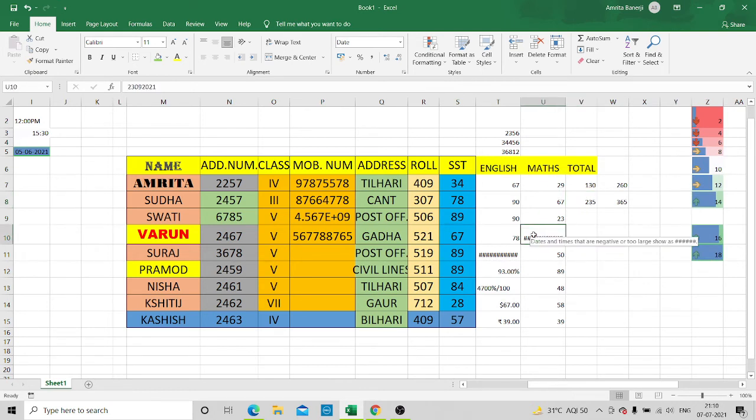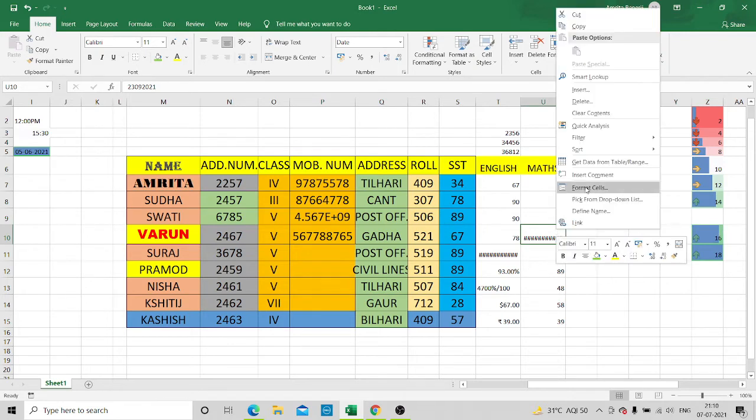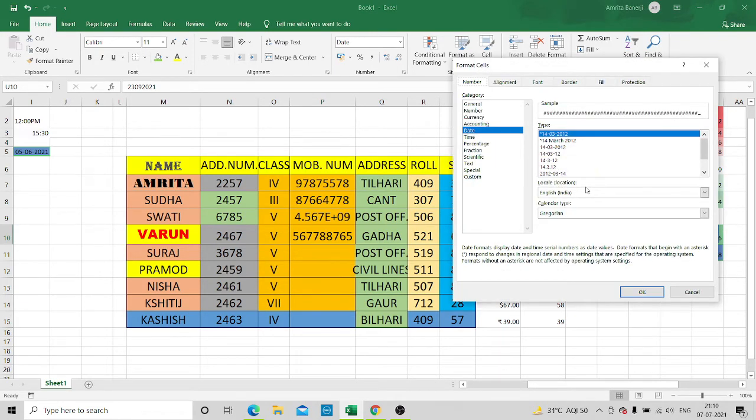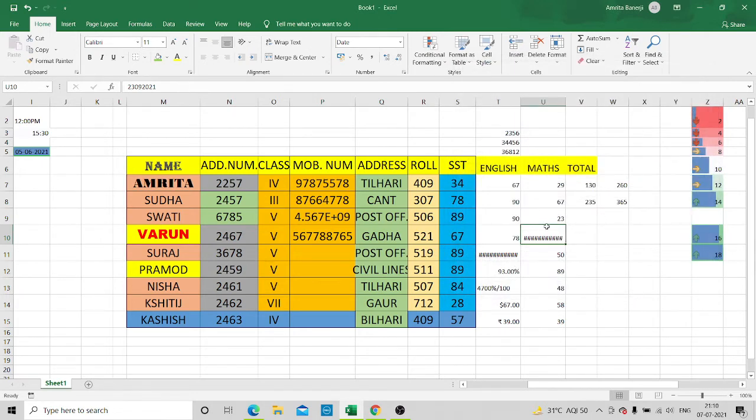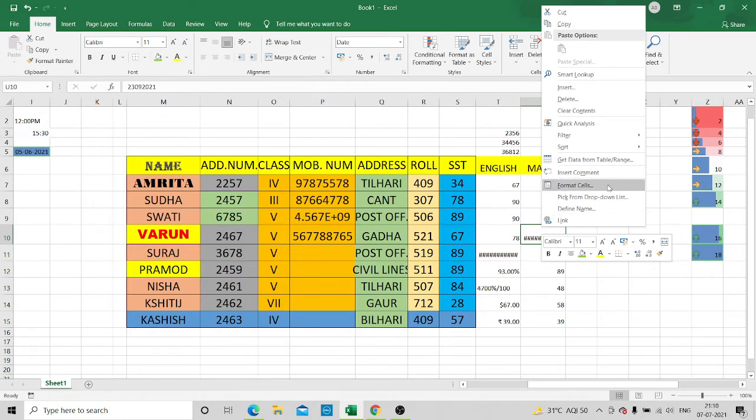It is not getting supported for some reason, I guess. I'll just see. I guess I'm making some mistake, children, so that's why it is not okay. A different sample has been selected, I guess. For calendar I have selected Gregorian. I have to select it in English. I will try one more time. Why is it not happening?